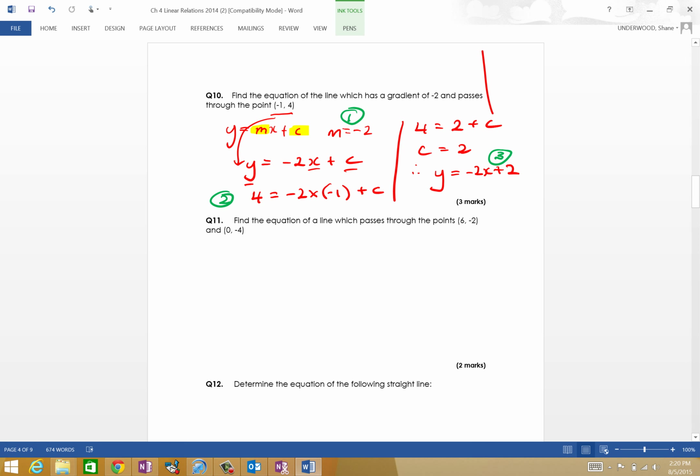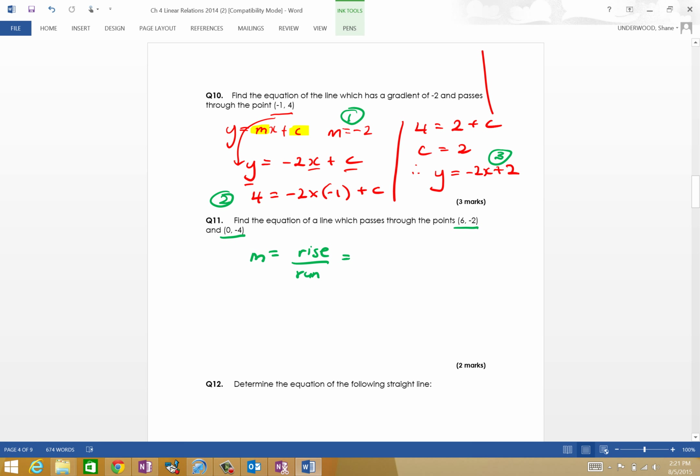So this time, what are we given for question 11? How many pieces of information are we given? We're given 2. Now, you could do it a number of ways, but I'm going to show you what I think would probably be the easiest way. First of all, find the gradient, which is equal to rise over run,